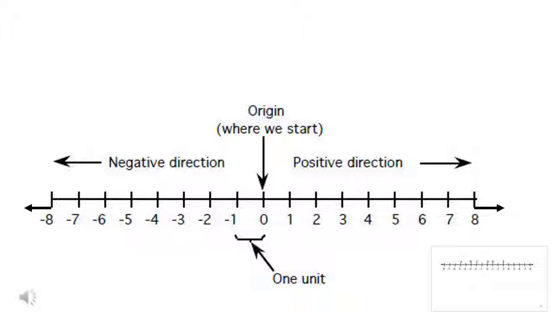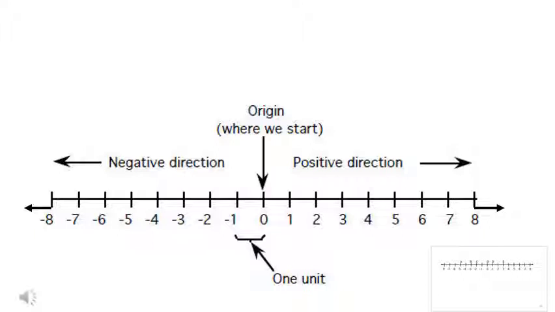So when we mark points on a line, it forms a number line. This is how a number line looks. It has the origin in the center, which is marked as 0. The right hand side has all the positive numbers, known as positive integers, and on the left hand side of 0 we have the negative numbers, known as negative integers. Each number is separated by an equal distance throughout. A number line always ends with an arrow.